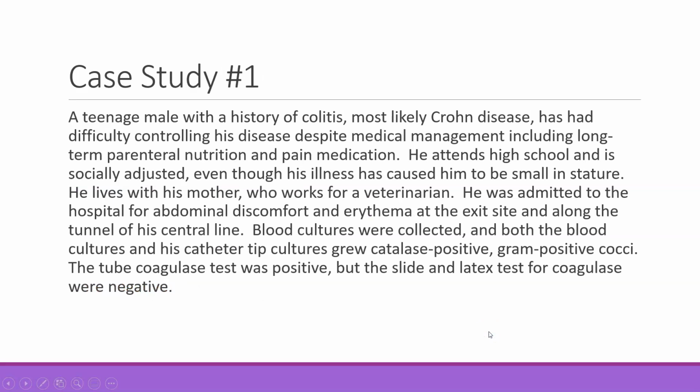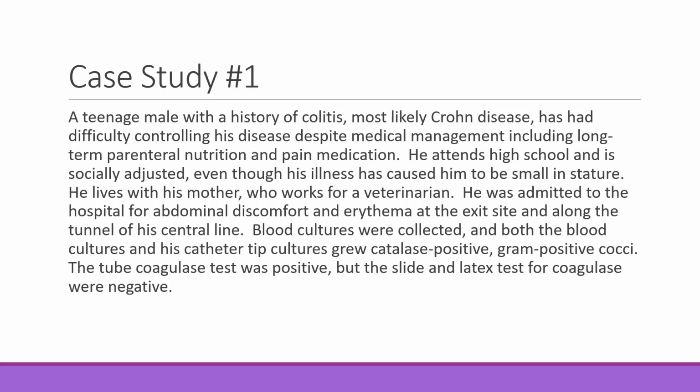So let's look at case study number 1. We have a teenage male with a history of colitis, most likely Crohn's disease. He has had difficulty controlling his disease despite medication and management, including long-term parenteral nutrition and pain medication. He attends high school and is socially adjusted. Even though his illness has caused him to be small in stature, he lives with his mother who works for a veterinarian,